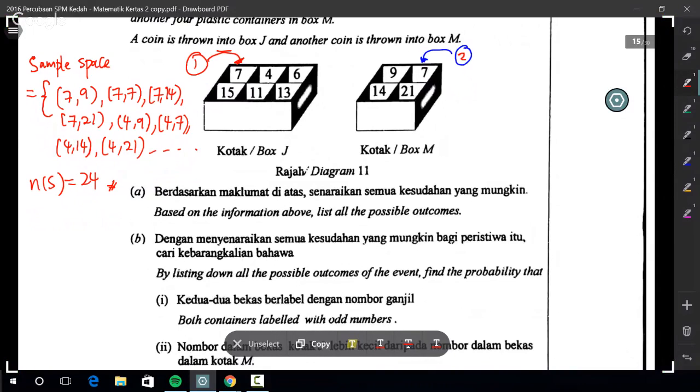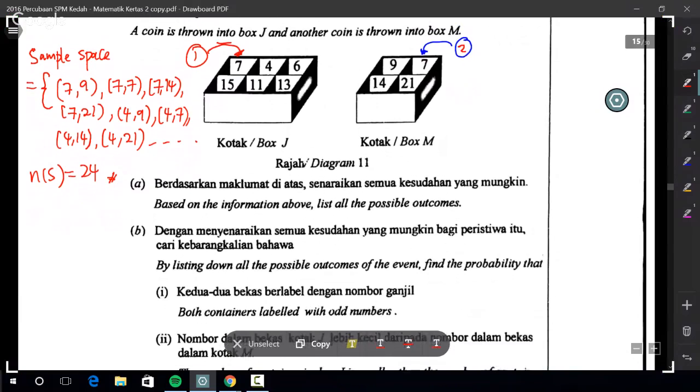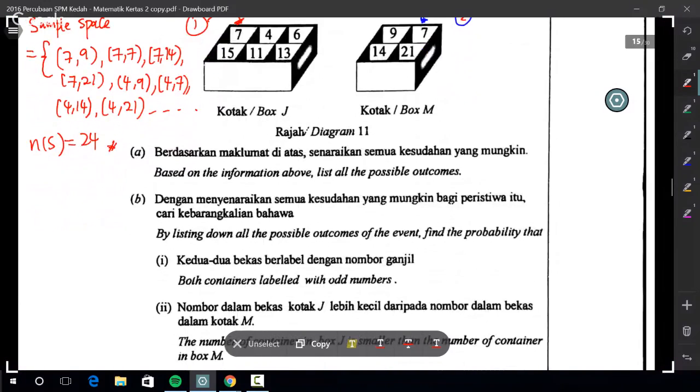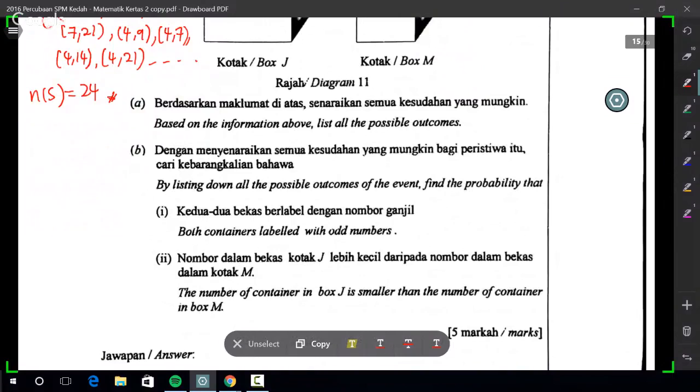All right, so should I write out all for all of you? Okay. No need lah. I think you all are big enough, old enough to actually do it yourself. All right, so